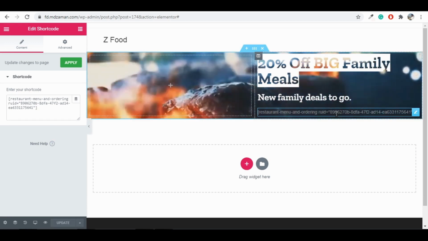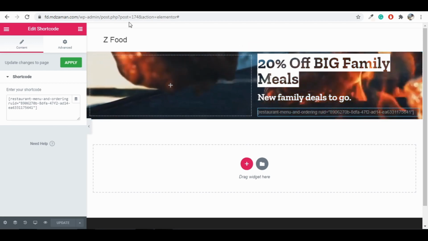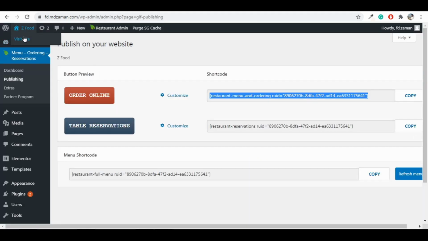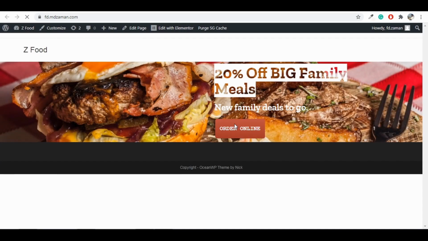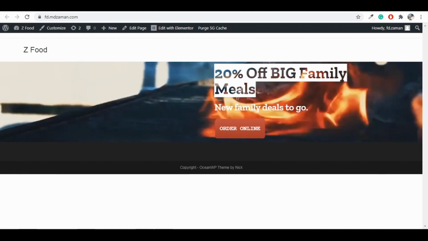I know it appears over here like this, but if you go to the page, let us open the page, let us see how it looks, the home page that we have designed. This is how it is going to look. Okay, we need to add some padding over here and here. So come back